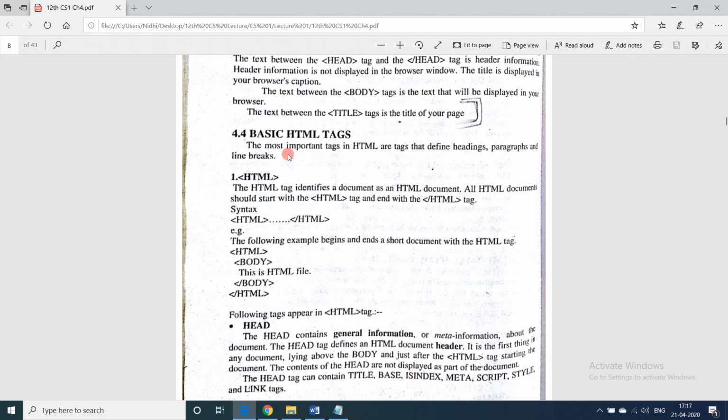Now we'll start with basic HTML tags. Basic HTML tags, that is the most important tags in HTML, are tags that define headings, paragraphs, line breaks. So this we will continue in the